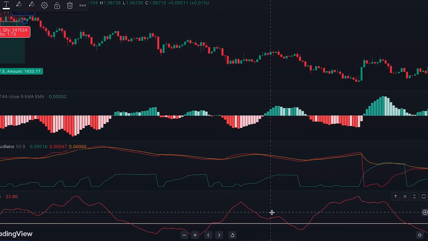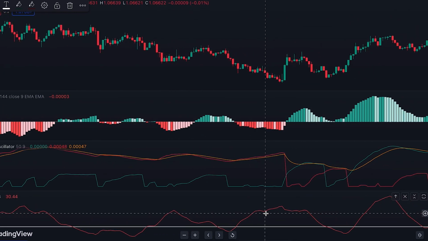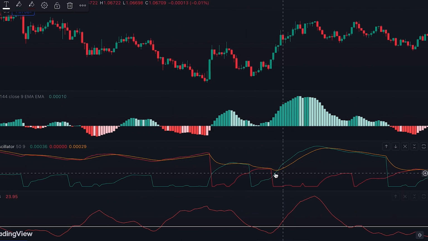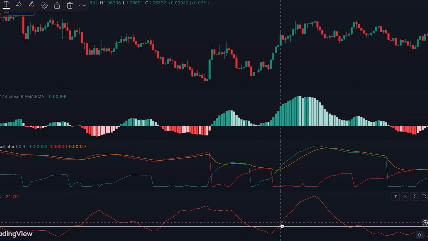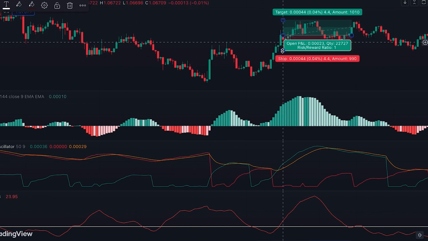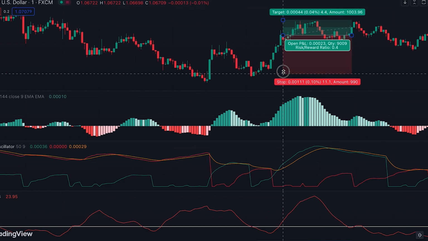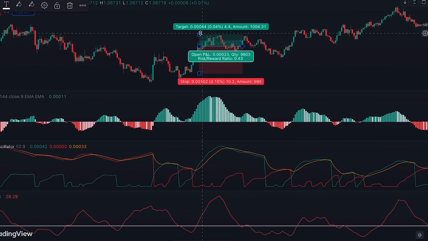Moving on the chart, here we have an example where the crossings happened at the same time. Here you can see that the green line crossed above the orange line, and at the same time the ADX line also crossed above 20, exactly at the same position. The MACD histogram is green, so the long position signal is confirmed, and we can enter a long position at this point where this new candle is opened. The stop loss for this trade can be placed below this pullback,